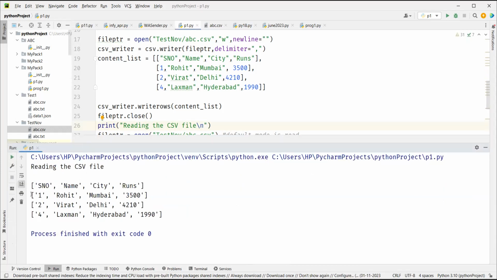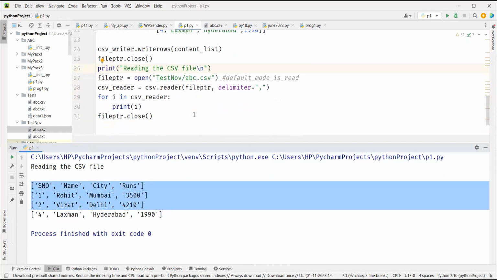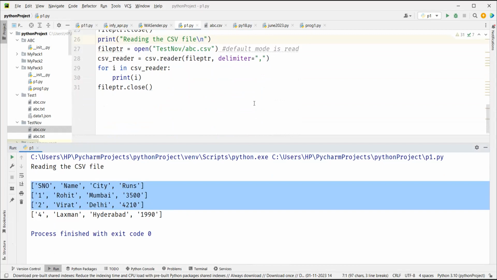Okay. So you can read each line here. Now, it depends upon your knowledge of list how to process this output. I want to print only names. I want to print only Rohit, Virat, and Lakshman. So you know that your first value is going to be